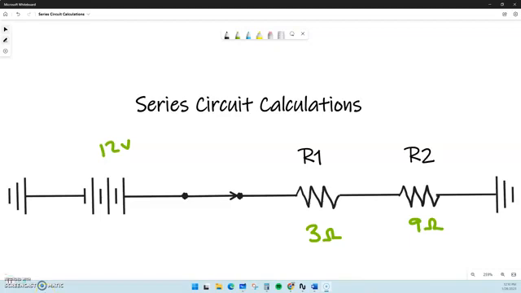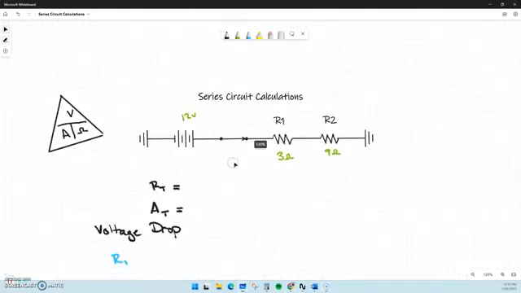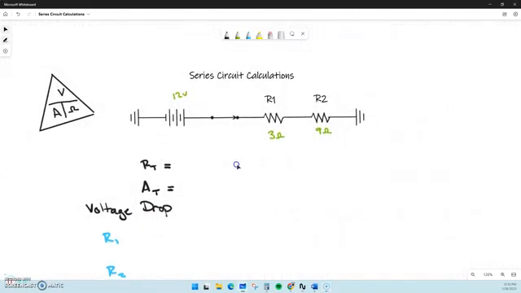In this video, I'm going to go over series circuit calculations. You can see here that I have a battery, I have a switch, I have two resistors, some grounds that lead back to each other, and each of these have values. So the battery has 12 volts, R1 has 3 ohms, R2 has 9 ohms. Okay, I'm going to zoom out a little bit, and we're going to go over some of the calculations that